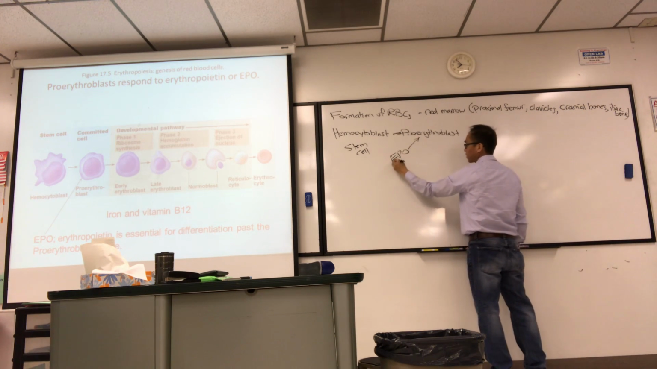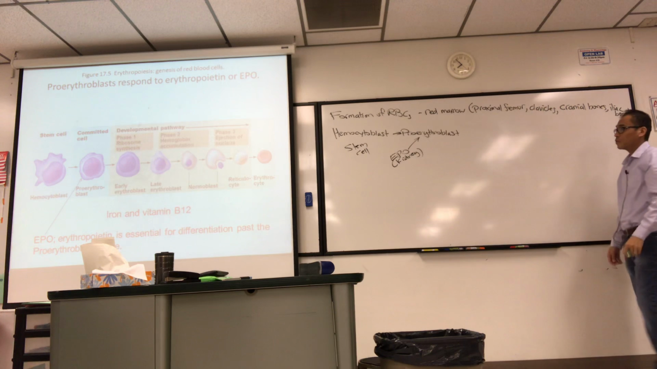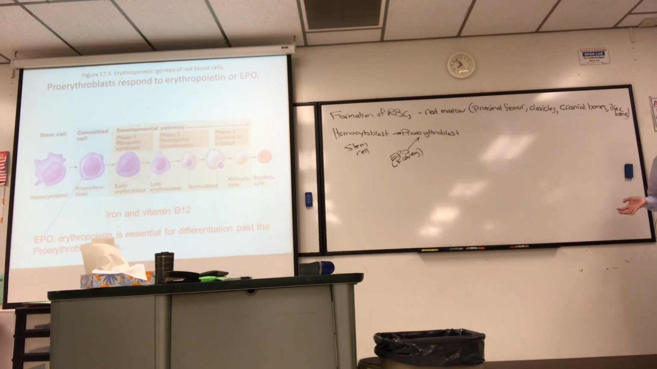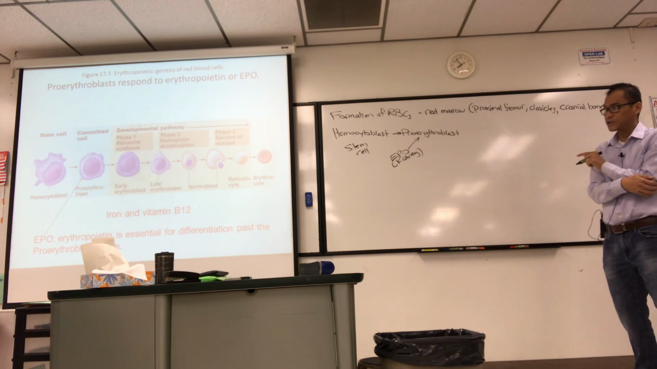EPO is a hormone from the kidney. The kidney regulates fluid levels. If fluid levels are low, you want more red blood cells. The crit will actually help the blood retain more fluids. And it also helps correct hypoxia. So EPO is important. Like I said at the bottom of the slide there, it's essential for differentiation past this